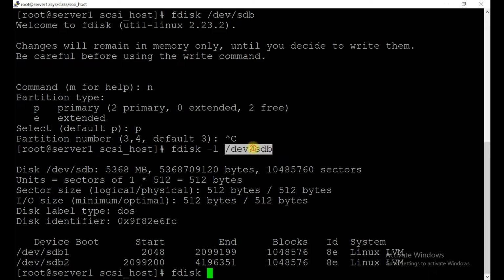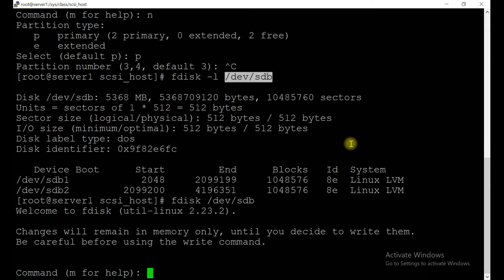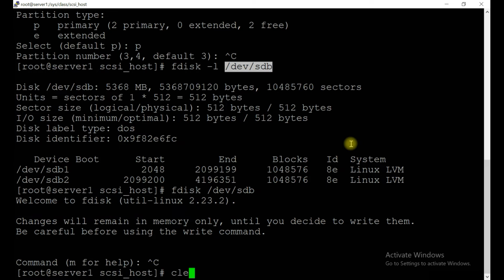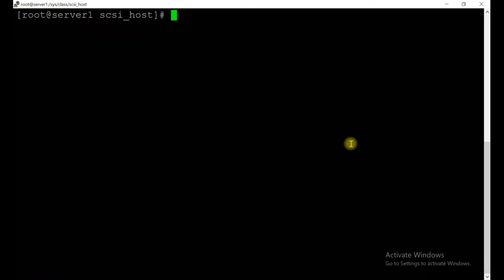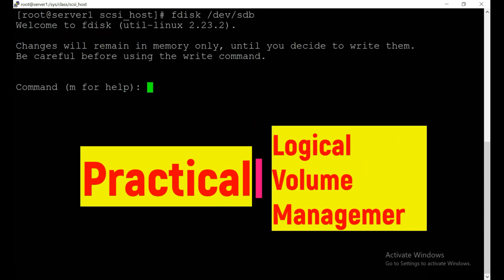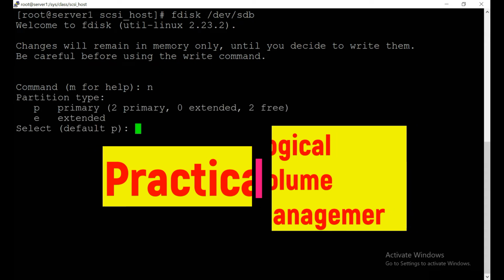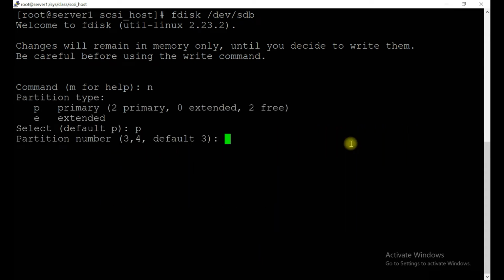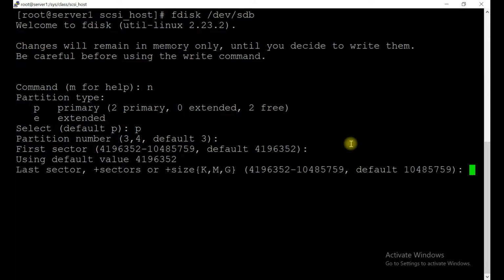Let's start. Okay, I'll clear the screen and do it there. So for new, type p, the default number it will take is 3. The partition sector it will start at 41965352. How much size do you want to take?